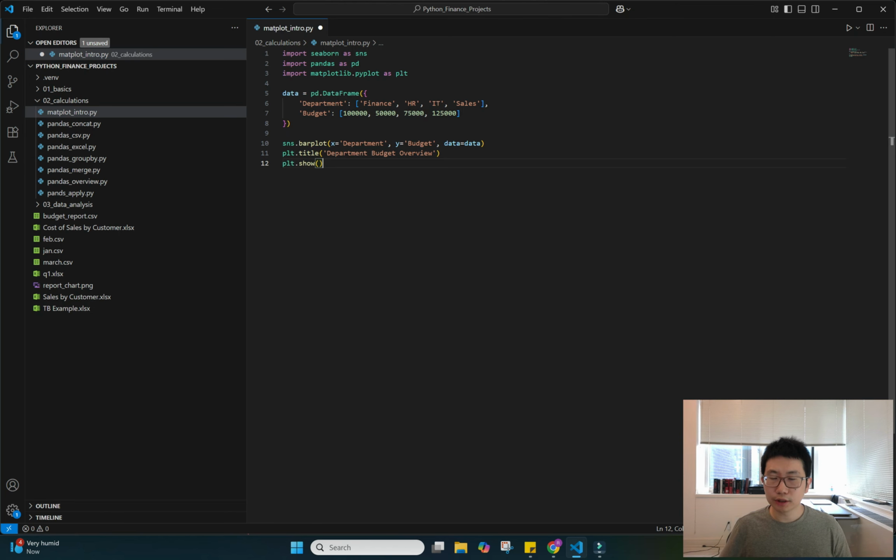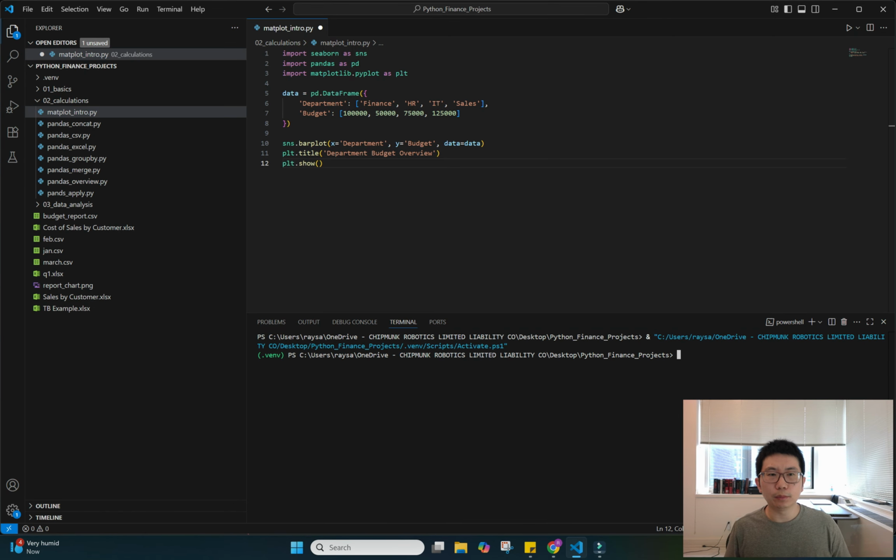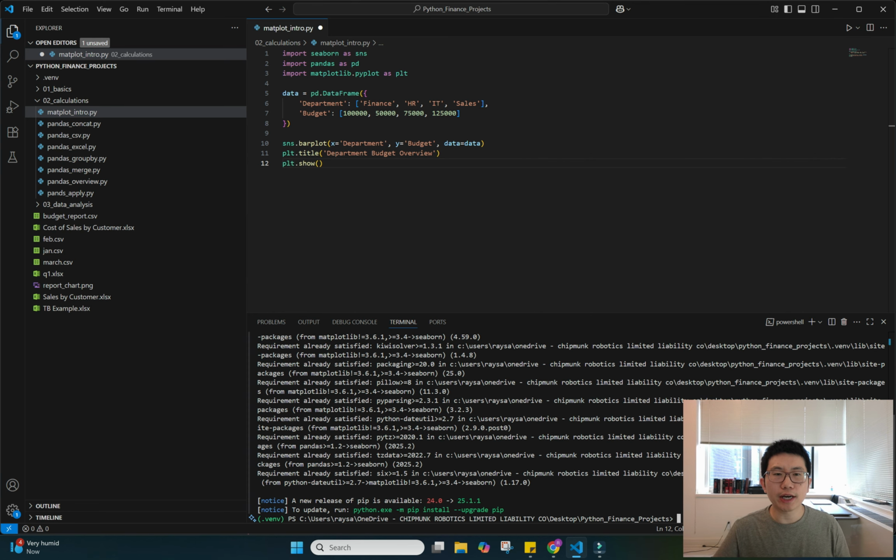To install Seaborn, all we need to do is open the terminal and do pip install seaborn. And I already have Seaborn installed on my machine, so I'm ready to use Seaborn. It may take you a minute to have it installed. Once you install Seaborn, you also need to import Matplotlib, which is the pyplot method, because Seaborn is built on